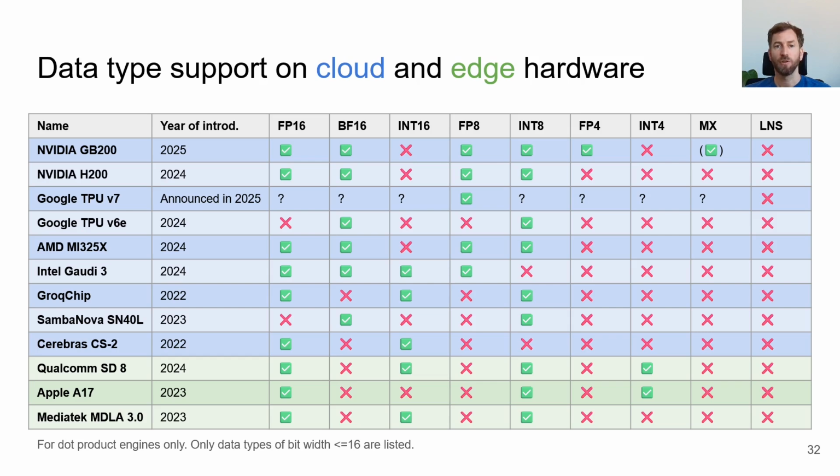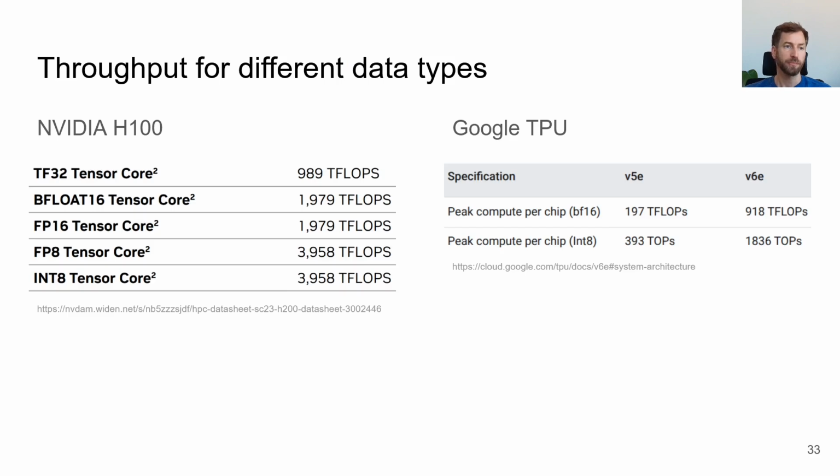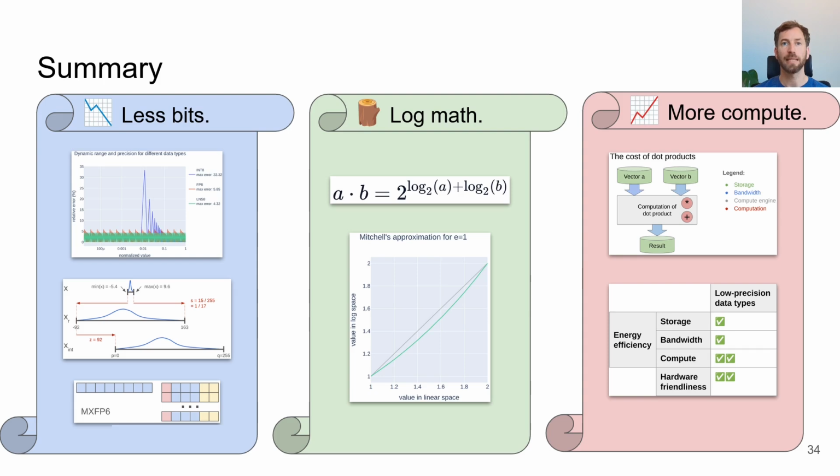And now let's have a look what is actually the advantage on these hardware systems if lower precision data types are supported. Here on the example of a NVIDIA GPU and Google GPU. So usually if we halve the bit width of the data type, we double the throughput in terms of floating point operations. In summary,